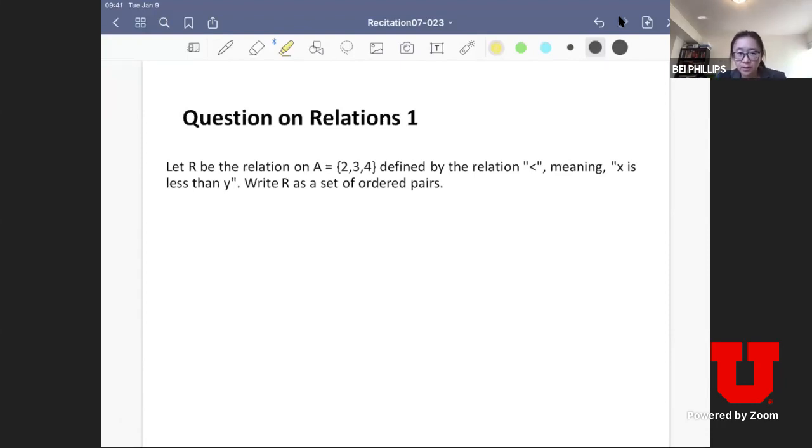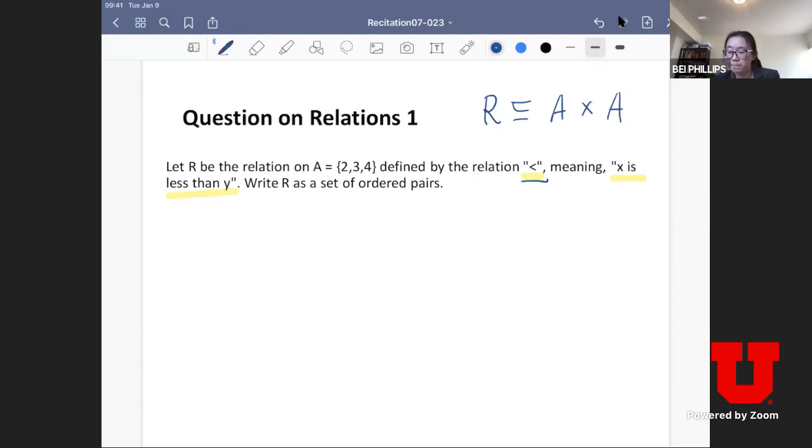You have a relation on a set, and the relation is the less than sign. So a pair of elements in A forms a relation when x is less than y. Whenever we describe a relation on a set, to be more precise, my relation R is essentially a subset of A cross A. So it consists of a set of ordered pairs based on the relation less